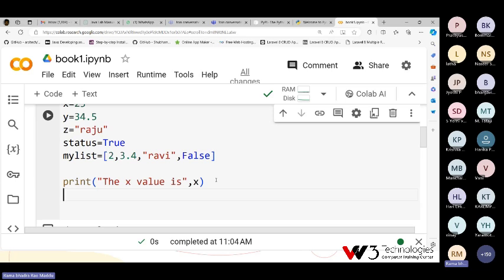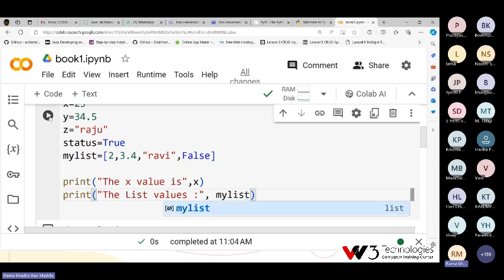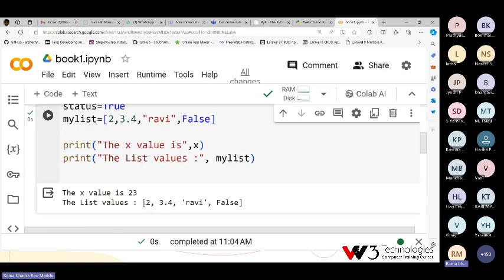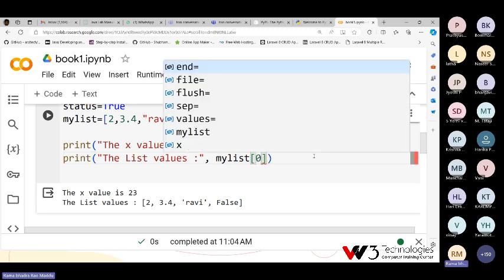If you want to print the list, print a comment, "the list values", comma, list name, that's all. My list name. Python is very intelligent. It will print the entire list. Sir, he told that you can access a particular element from the list. Yes. If you want to print only 2, then you need to specify square brackets, 0th location.